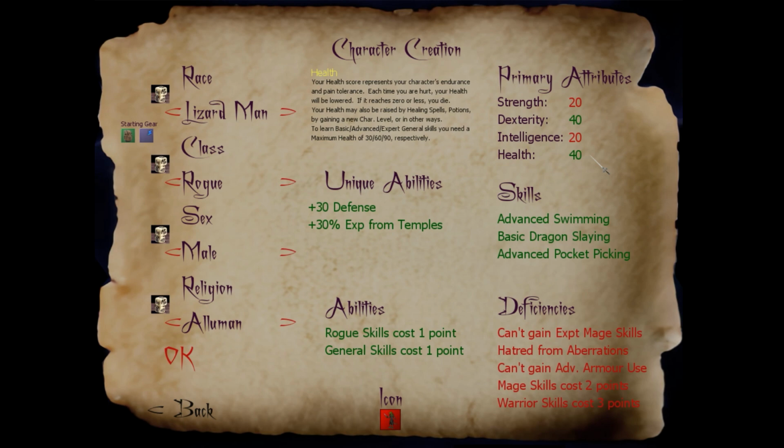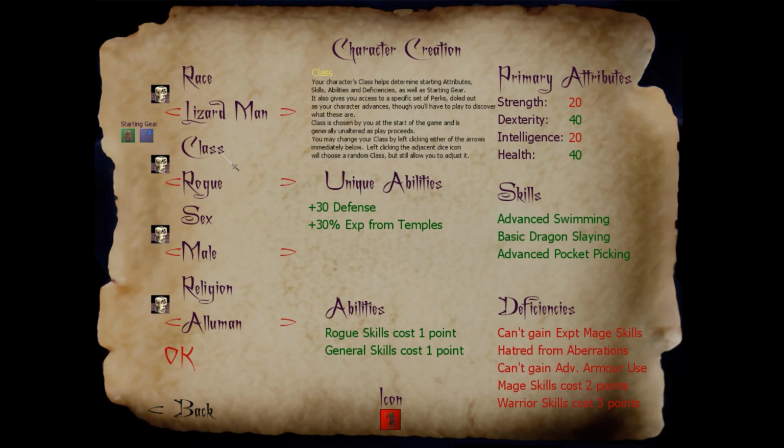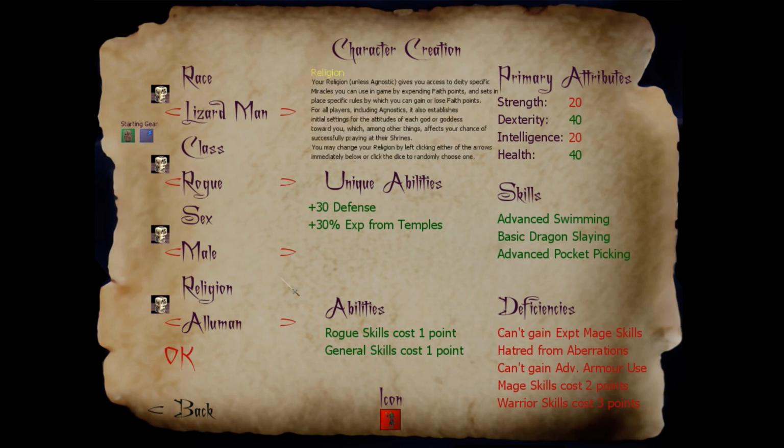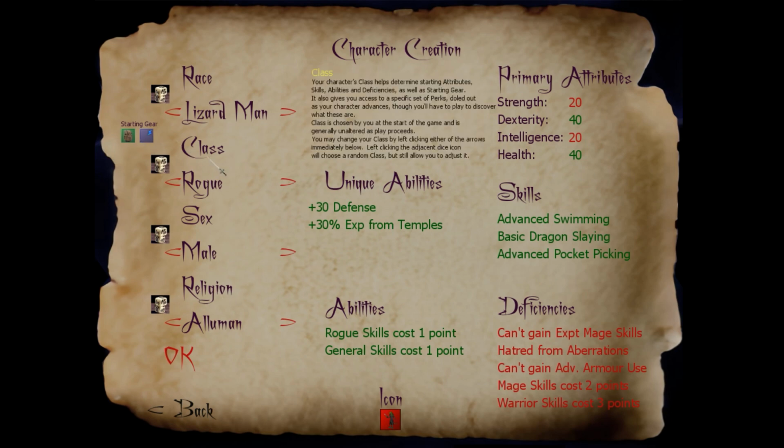There we go. The last thing we're going to look at is our starting gear. Your starting gear includes what equipment your character starts with, as well as what spells your character already knows. This is based 100% on your class, with one exception. If you happen to be playing a cleric, it's going to be based on a combination of your class and your religion, because clerics devote themselves exclusively to a god, and they're like really...